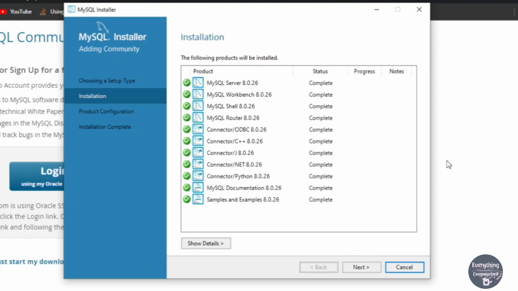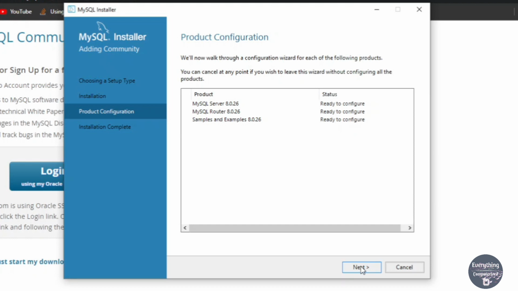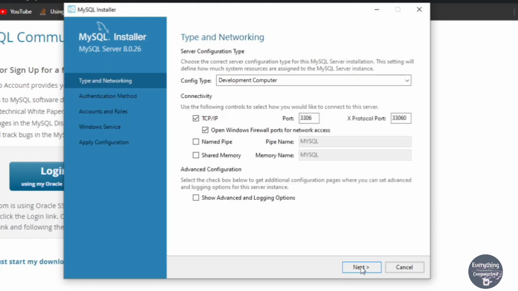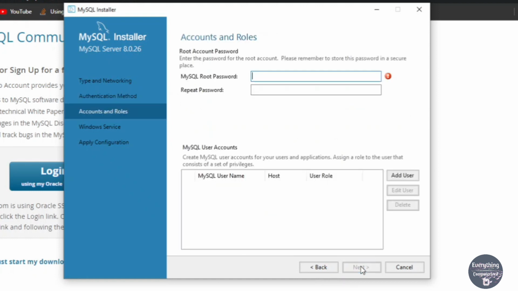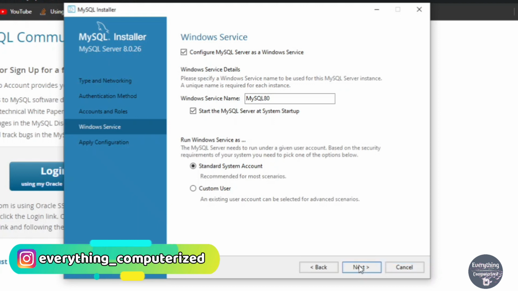Once the installation of all of the applications is complete, you can click on next, and click on next again, and next again, and next, and now you need to choose a password for your MySQL. I recommend you put a very simple password so that you don't forget it easily. I will be putting 1234 as my own password, which you can also put in your case, so that in future if you forget it, you can return to this video and you will get the password that you had set. Once you have put the password, click on next, and now click on next again.